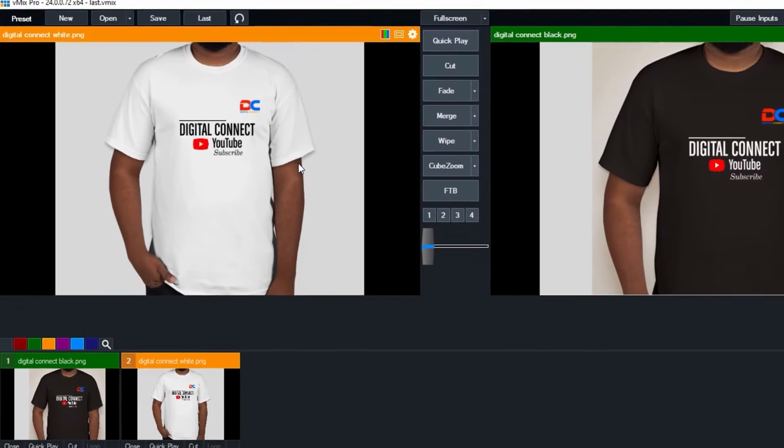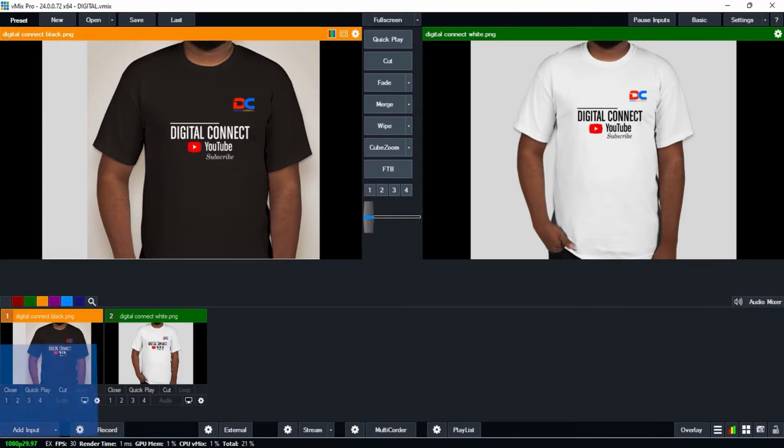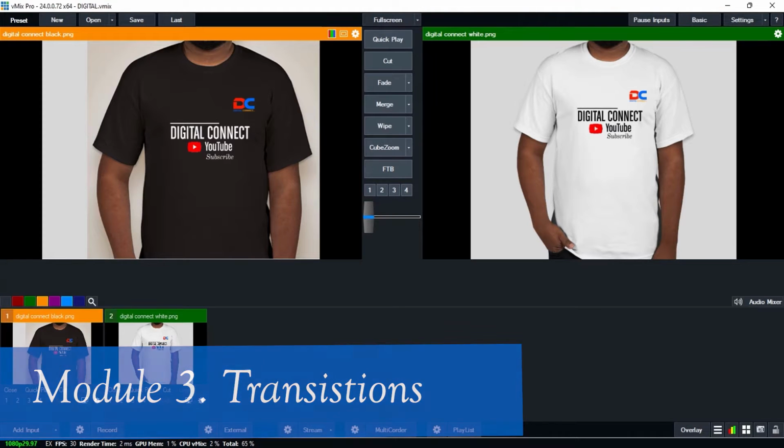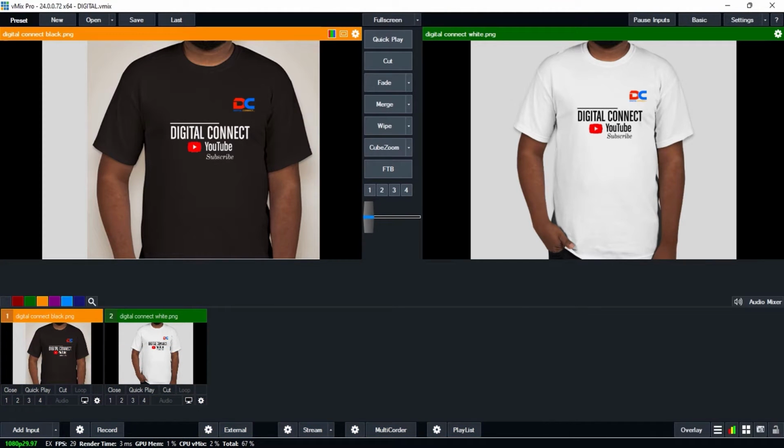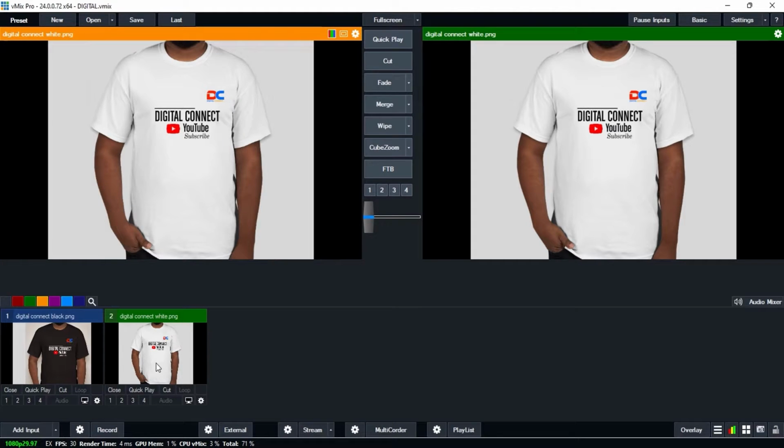So this is all about presets in vMix. Module 3, transitions. Transitions help you navigate between the preview window and the output window. By default, if you bring an input into vMix, the first place it gets to is your timeline. Then after the timeline, when you click on it, you see it in the preview window. Then if you want to move it from the preview window into the output window, you can easily click